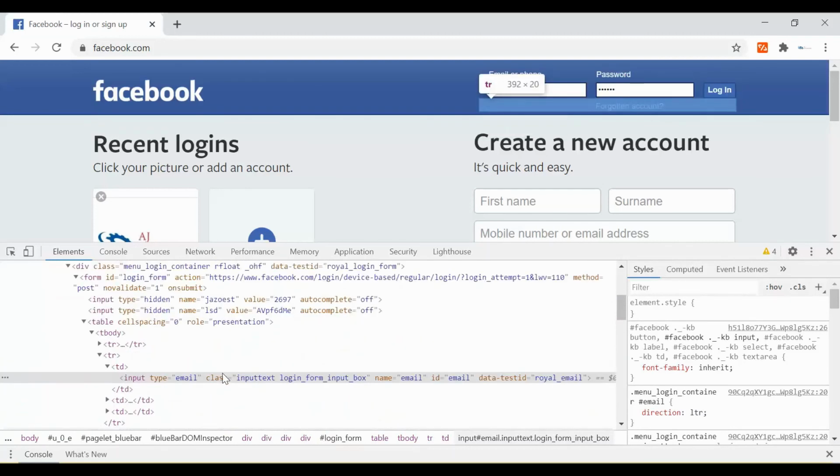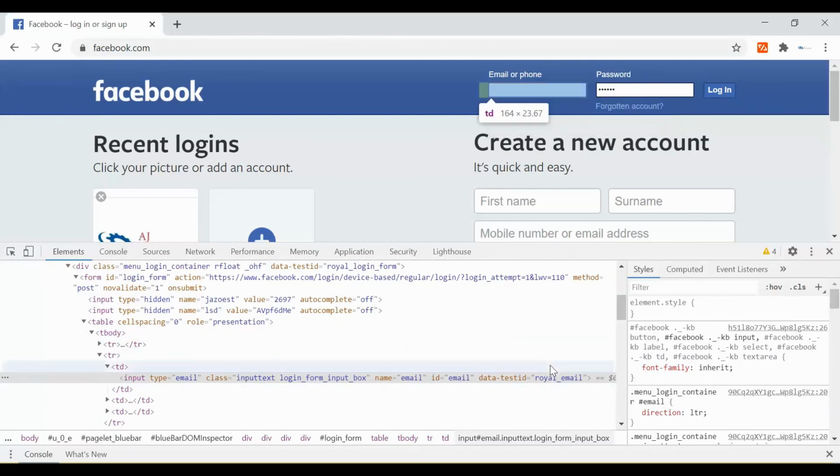So normally we hardly use tag name. It has some advantage in special cases, but to identify a web element uniquely, you need to go with class name or id.